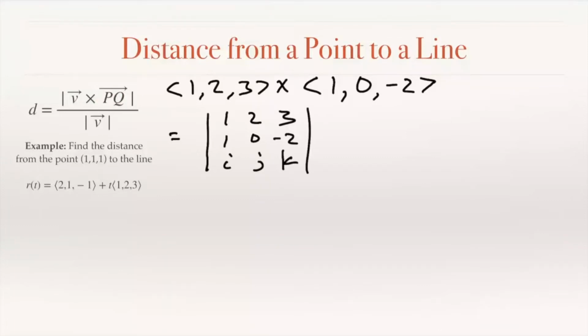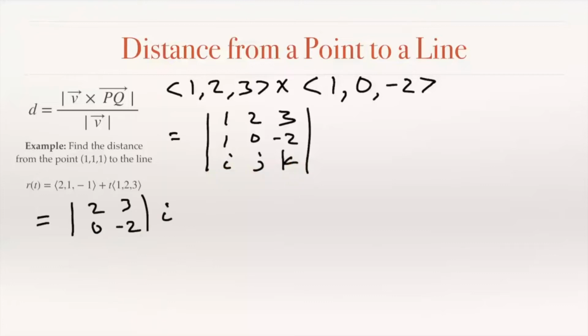And expanding along the top row, that is the determinant of 2, 3, 0, -2 times i. If all of this looks unfamiliar, I recommend that you review my 13.4 lecture on the